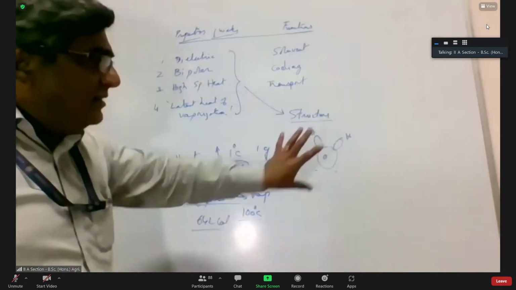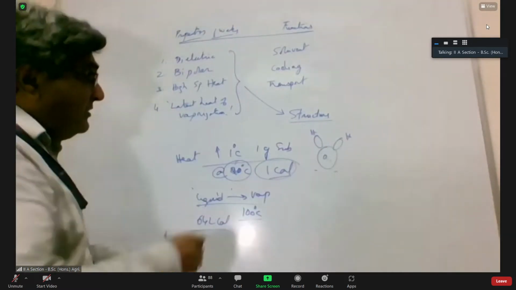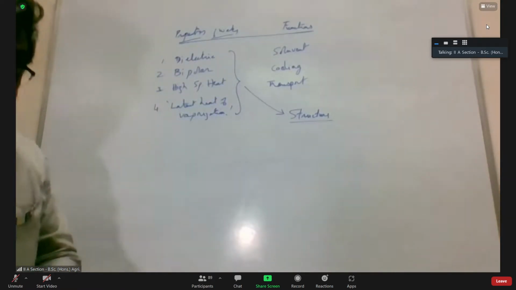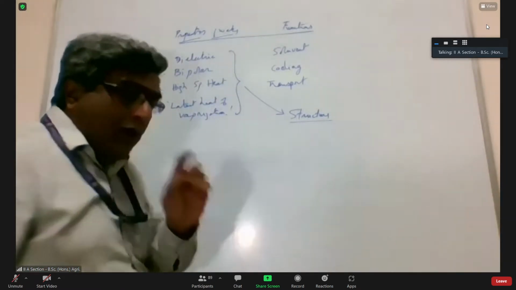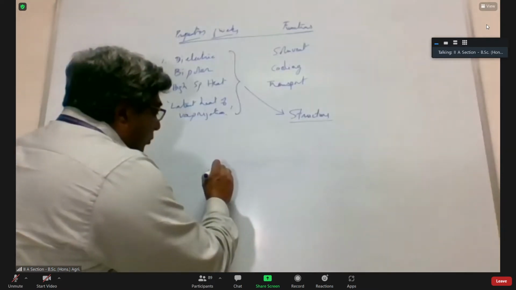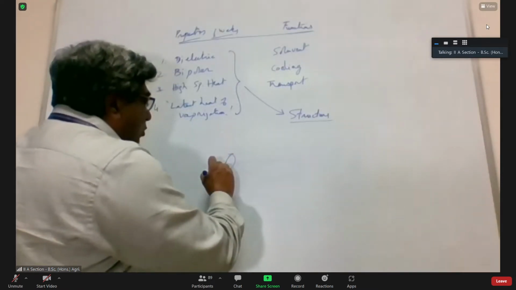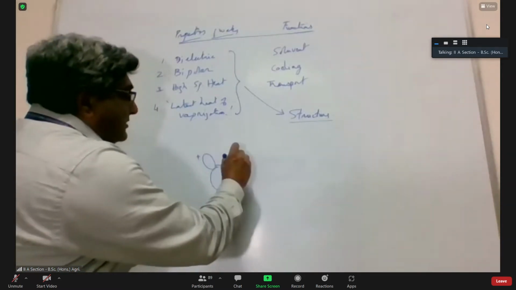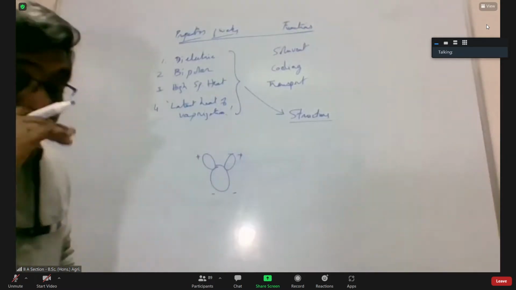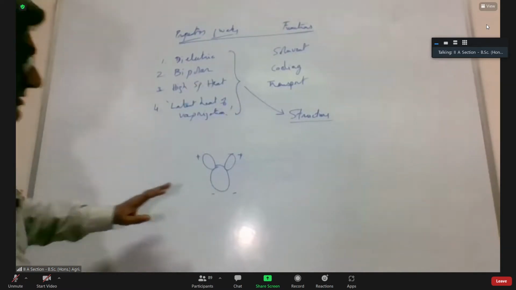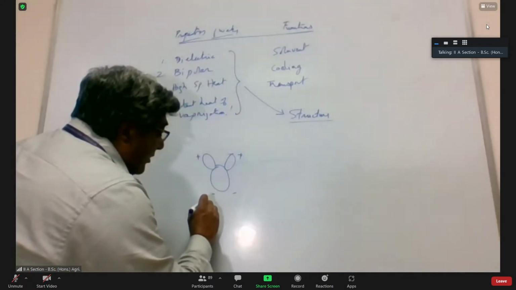But when you make this kind of a molecule, there is some structure that people explain. When you have water molecules as such, water can make 2 kinds of bonds. Oxygen will make a covalent bond with 2 hydrogen atoms. So you have positive charges here and negative charges on the other side. Each of these 4 charges, that is 2 positive and 2 negative charges, can make bonds with